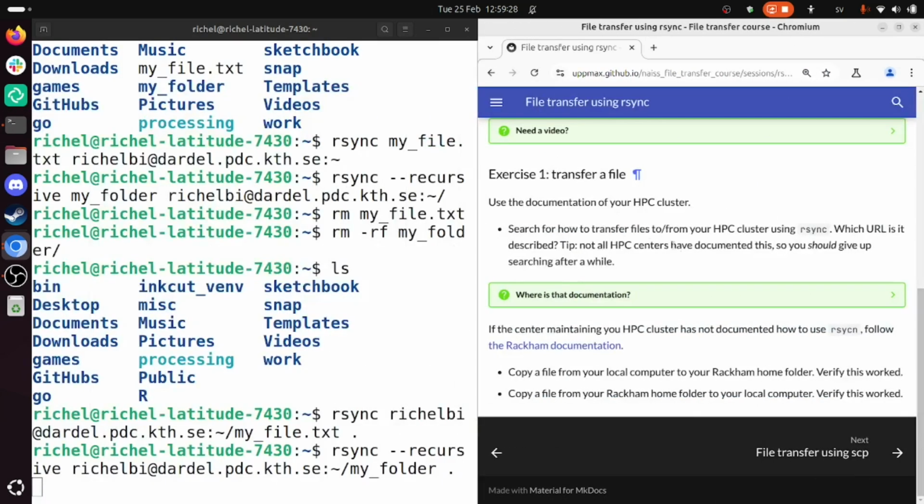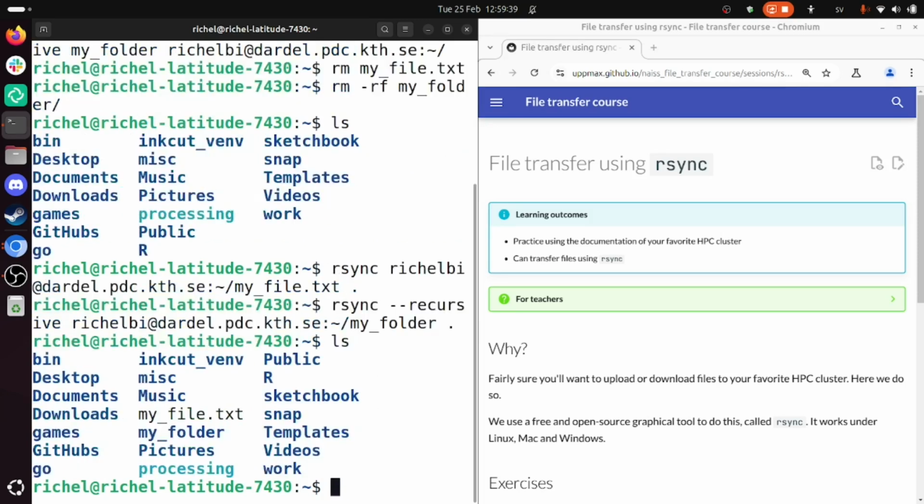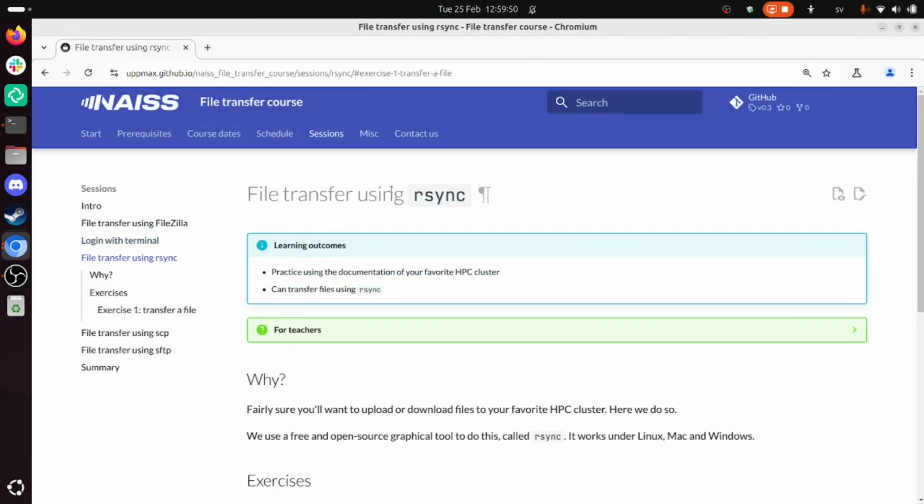Let's take a look. Let's put the exercises here. This is because this is the exercise of the course, which is exactly following the documentation. So to double check, I'm going to do ls to see all my files, and indeed there is my file, there is my folder. And this concludes this video, because I've showed you how to do file transfer using rsync